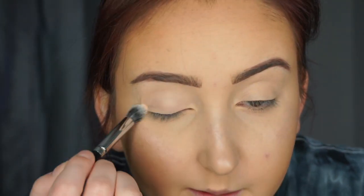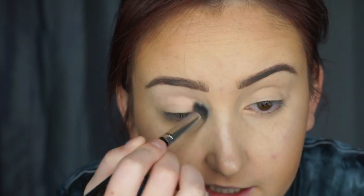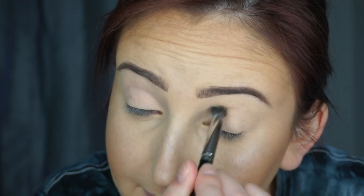I guess I can zoom you guys in since we're working on eyes now. So these shades do have kickback, but that's all Viseart shadows, and I don't care. I know some people are bothered by that apparently, so I just wanted to note that. If you're one of those people who hate that, you will not like Viseart or this palette in general. Alright, next I'm going to take my Morphe M433 and I'm going to dip into the shade, let's go to this pinky one right here,